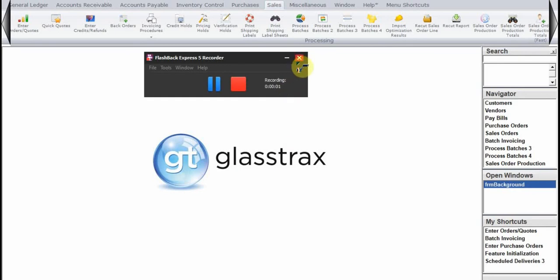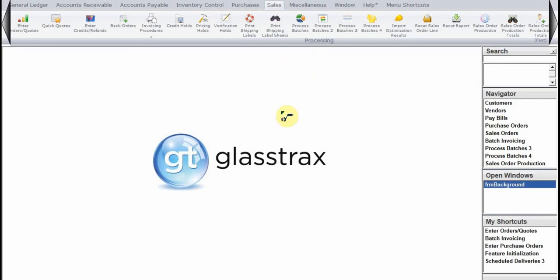In this GlassTrax training video, I will be going over truck routing, or what we refer to as scheduled deliveries. Now, the scheduled deliveries screen in GlassTrax is a little bit hard to find. So a lot of times people who use this screen, I will have them set up a shortcut to get